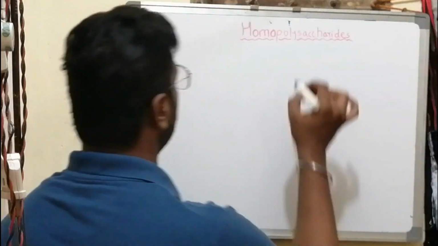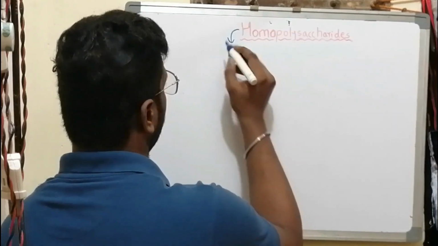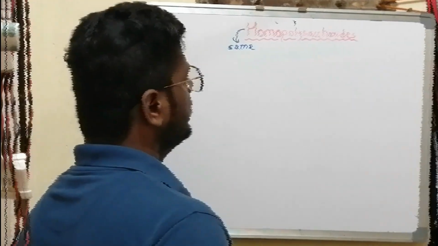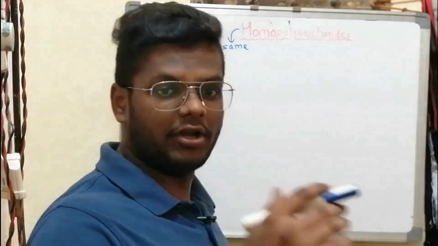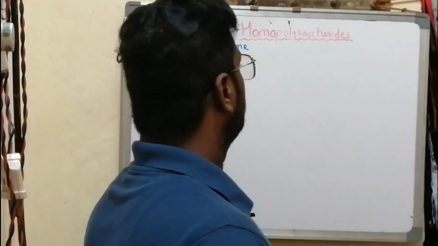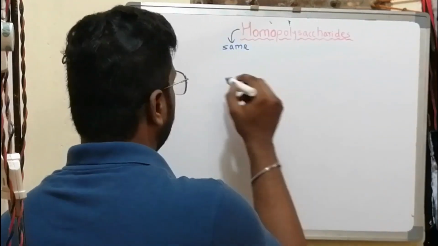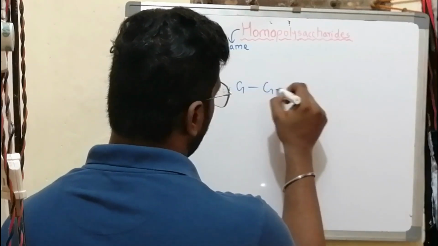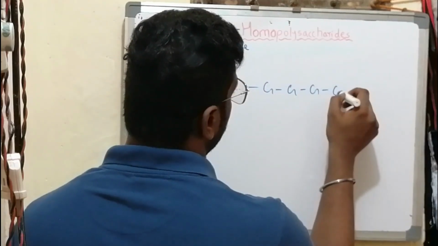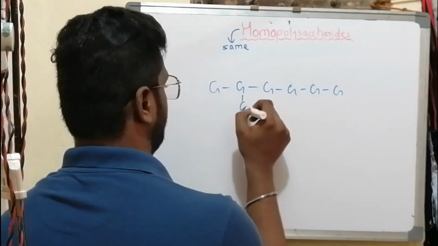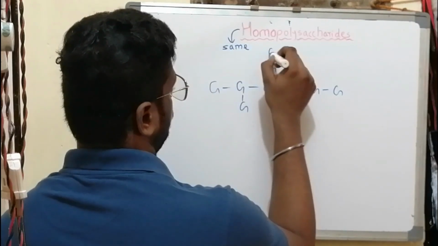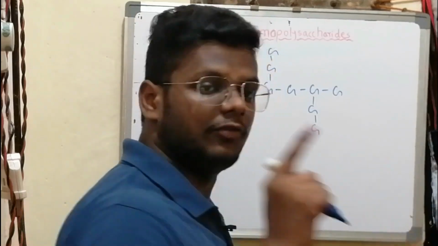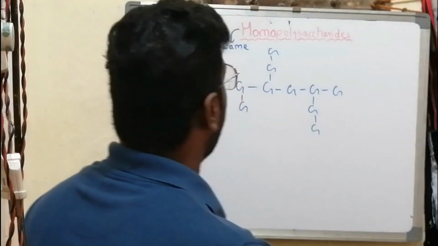Now the term homo means same. So what is the same thing here? The monomeric units used in the polymer should be the same. That means if I'm using glucose in the chain of polysaccharides, everywhere I should have glucose only. You can have some branches also, but all over I should have only glucose, only one type of monosaccharide, then I can term it as